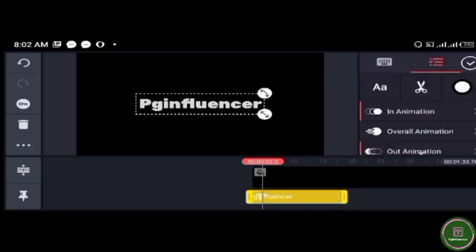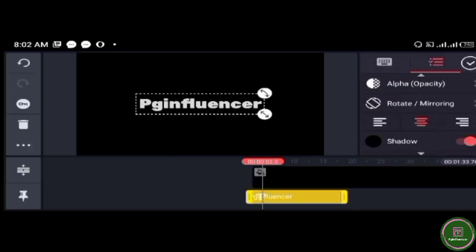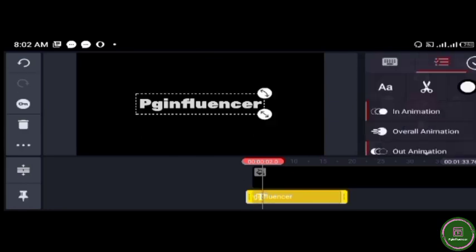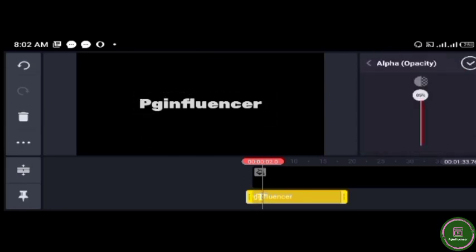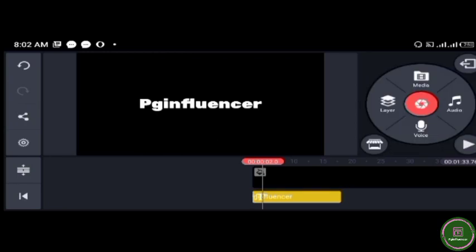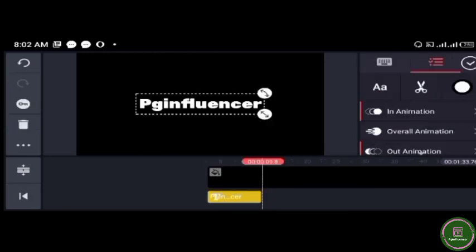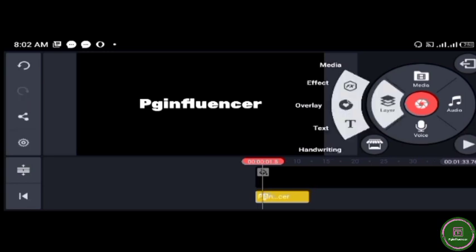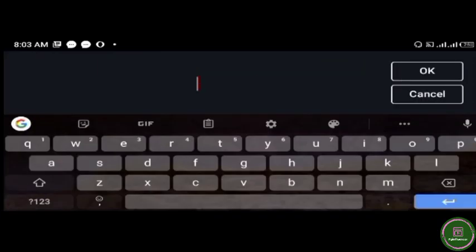Then let me just zoom it all. Then I'll be showing you how you'll be doing green screen effects on this training. So what you want to do now, tap here, then decrease a bit. Then what we have here, we have PG influencer. Then you can put it here, add another text, then add what your company is all about. I'm going to just use mine, which is going to say learn more